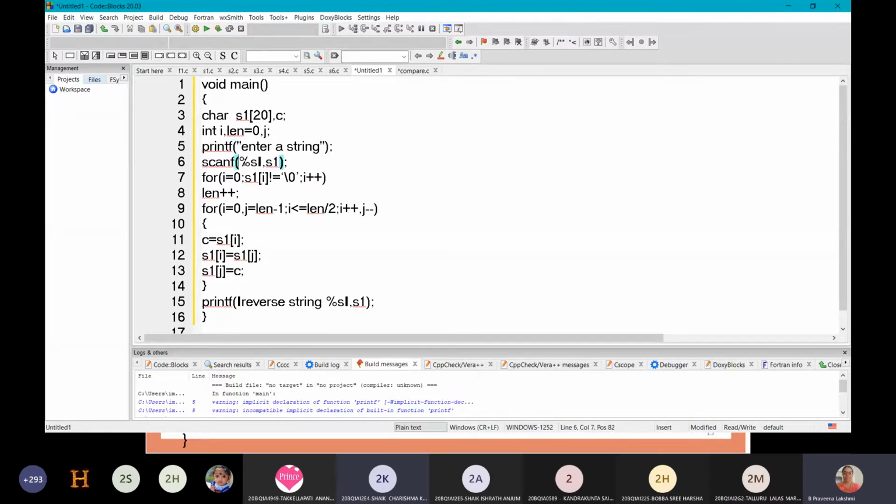And scanf with percent s, comma, for i equals 0, i not equals length, plus plus.